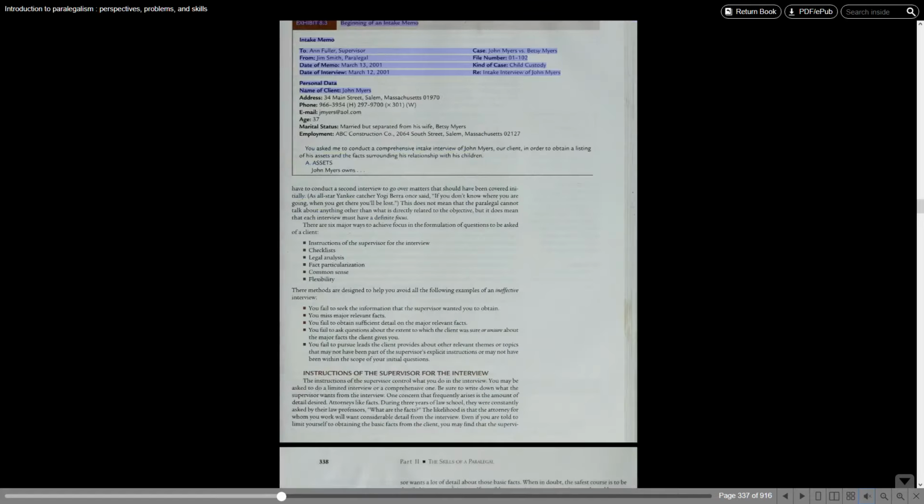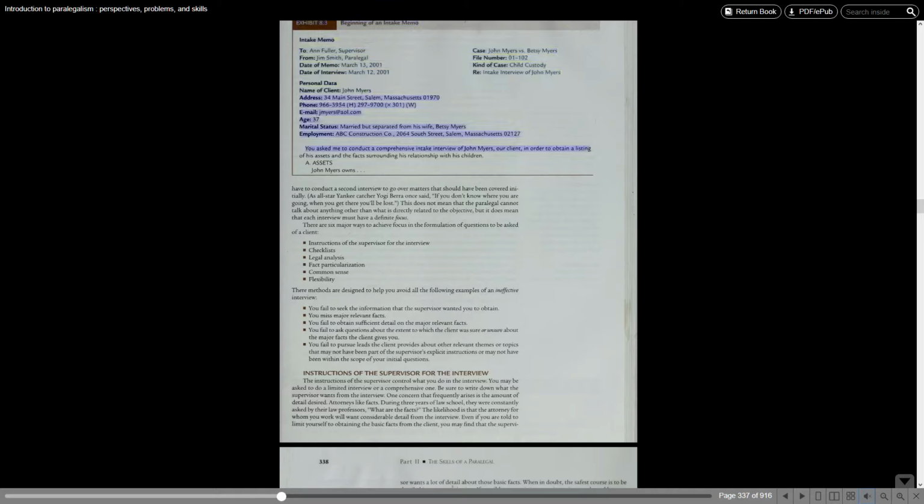Exhibit 8.3, Intake Memo. Beginning of an intake memo to N. Fuller, Supervisor. Case: John Myers vs. Betsy Myers. From: Jim Smith, Paralegal. File Number 01-102. Date of memo: March 13, 2001. Kind of case: child custody. Date of interview: March 12, 2001. Re: Intake interview of John Myers. Personal data. Name of